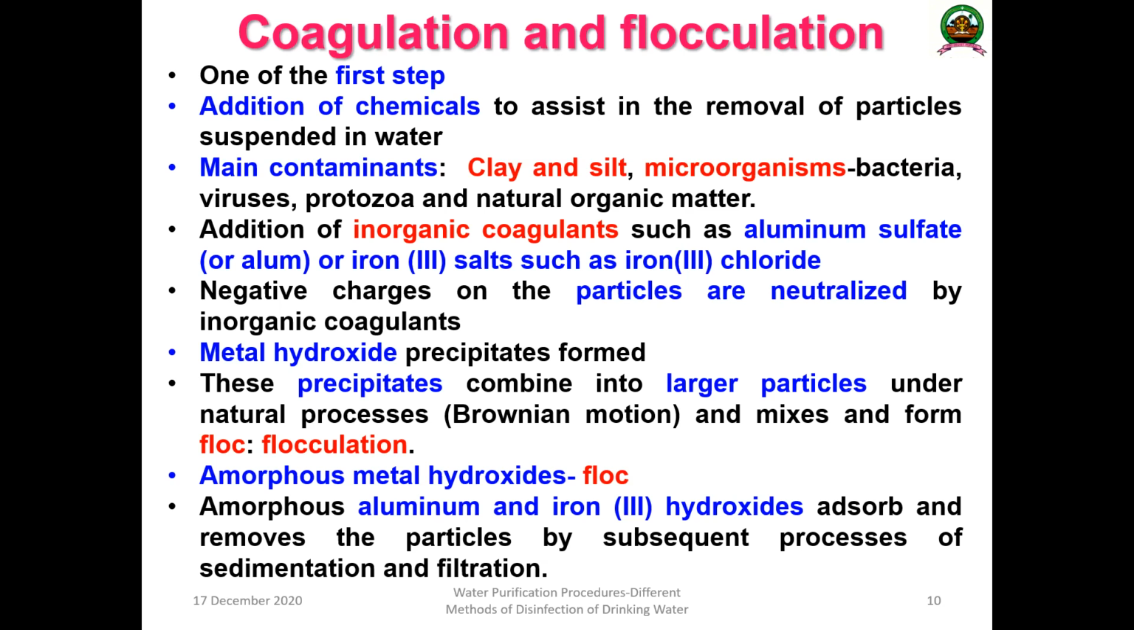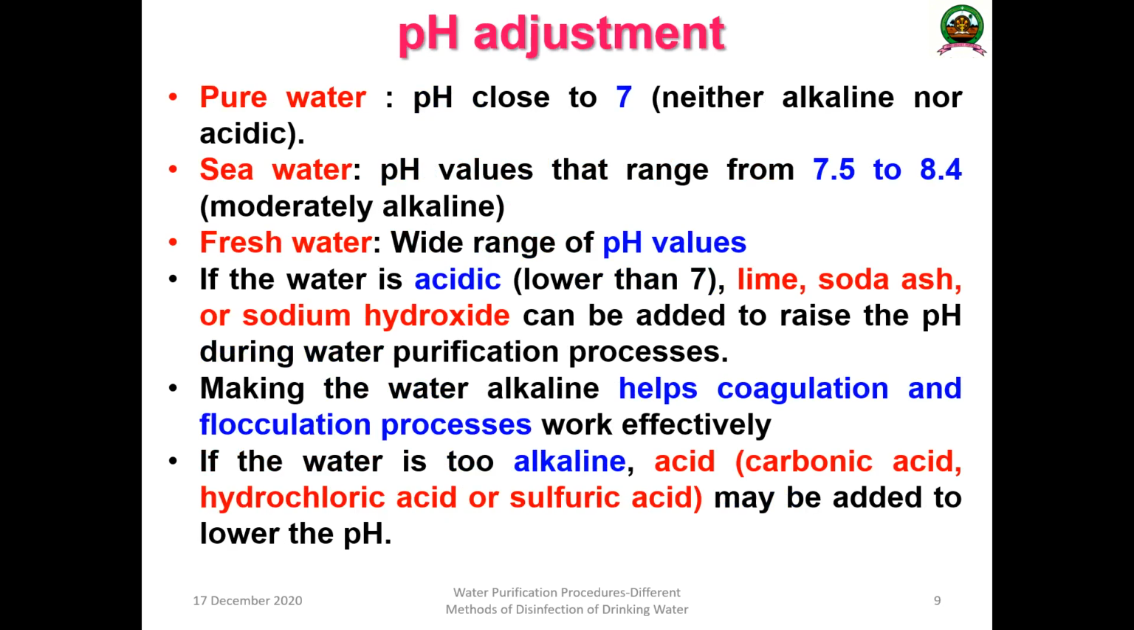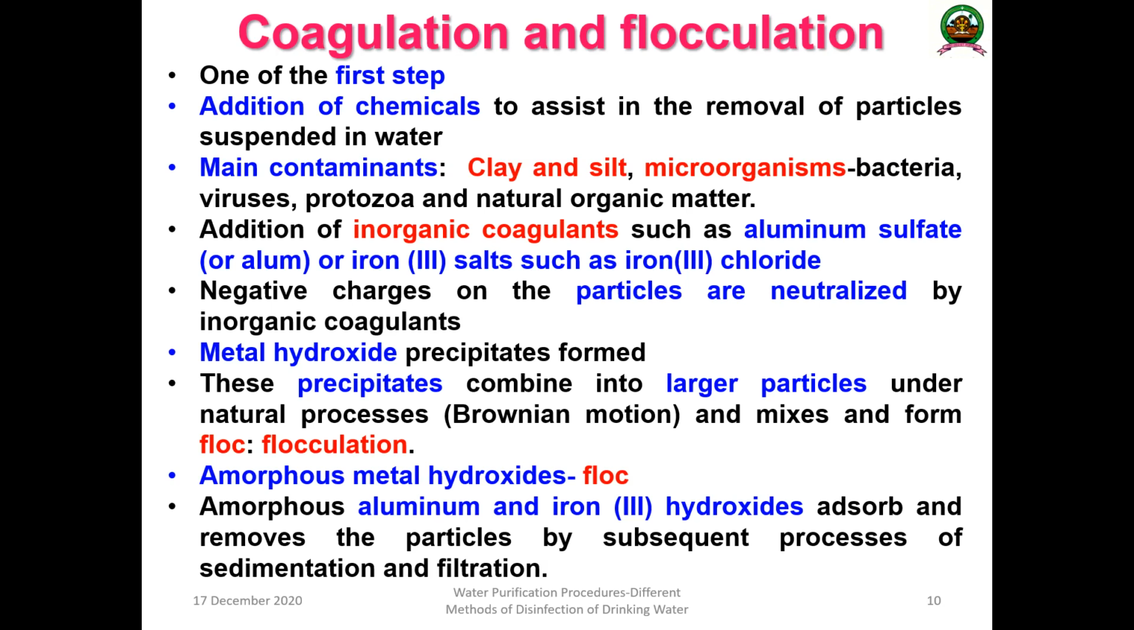Then the next one is coagulation and flocculation. Once the pH is adjusted, then you need to coagulate and flocculate. So one of the first steps of the water purification process is coagulation and flocculation. What is the main important aspect? It is the addition of chemicals to assist the removal of particles in suspended water. The addition of certain chemicals helps to remove the suspended particles. The main contaminants are clay and silt, microorganisms such as bacteria, viruses, protozoa, and